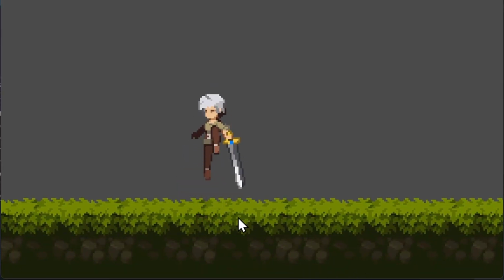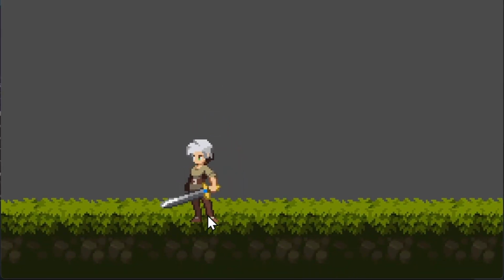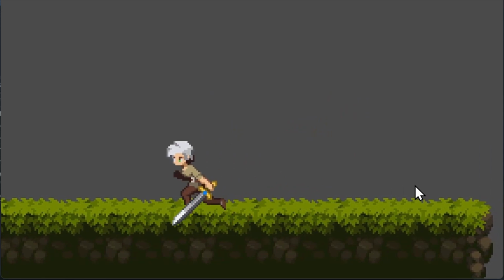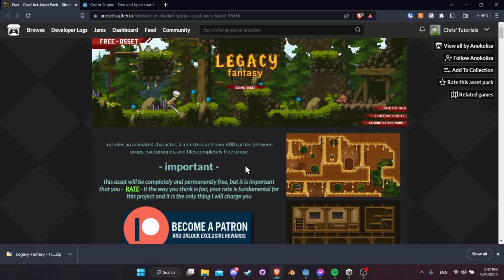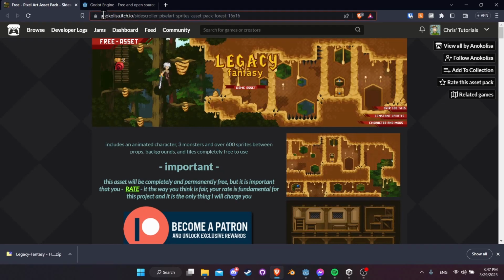Hello everybody, Chris here, and in this video I want to give you guys a quick getting started guide for Godot 4.0.1 in the essentials of getting set up with a platformer character that can move around on a tile map. So for this tutorial I'm going to be using this free asset pack by Anokalisa at